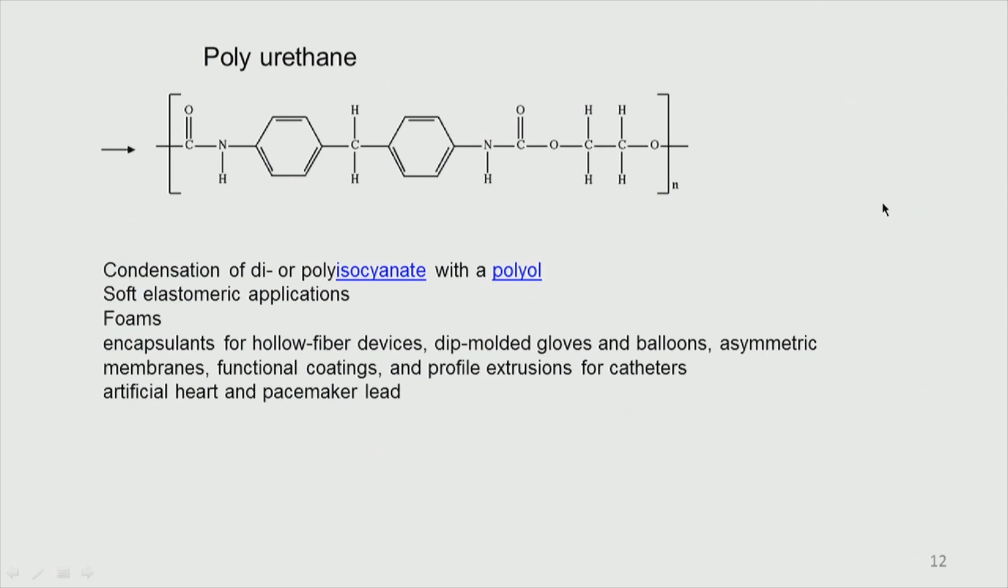Polyol is an alcohol. When I say polyol, it is an alcohol here. This portion is the polyol, and this is the isocyanate here. See, this is the isocyanate bond, and this is the polyalcohol bond. So, it is a soft elastomeric